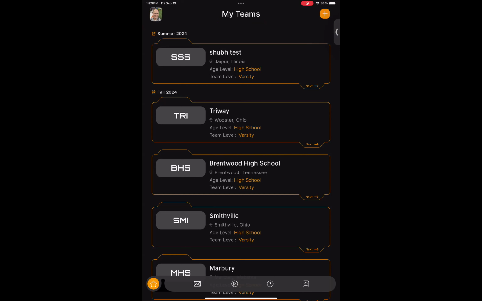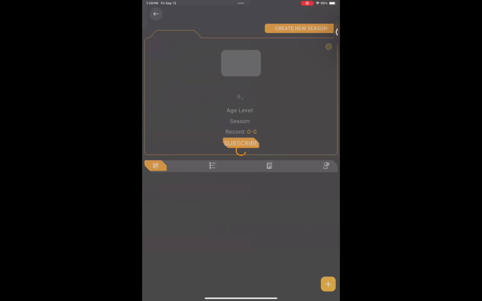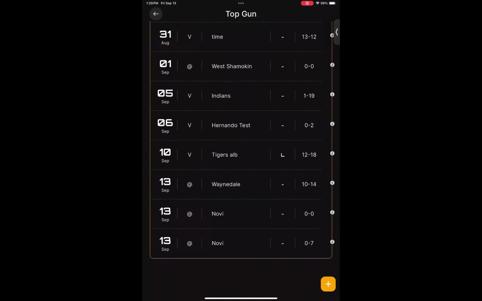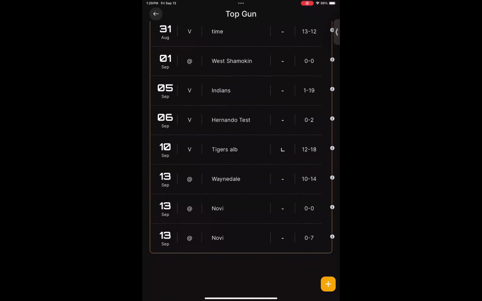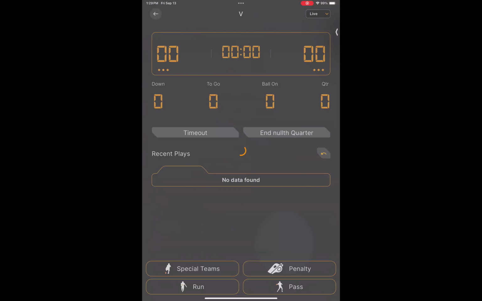Now I'm going to go over into my Top Gun game. It's still 7-0 there, but if I drag down my screen to refresh and I go back down, you see it still says 7-0. But if I open the game,